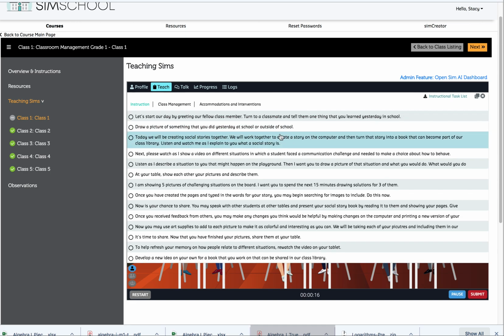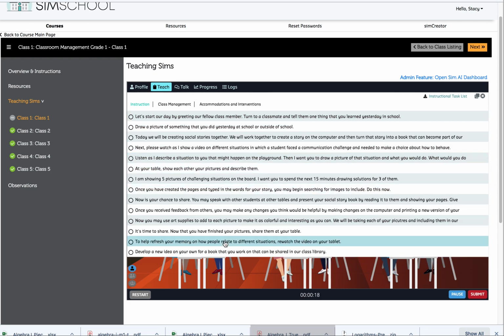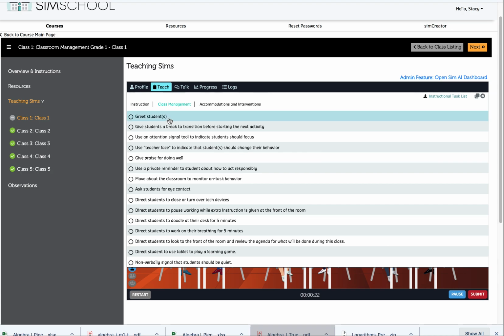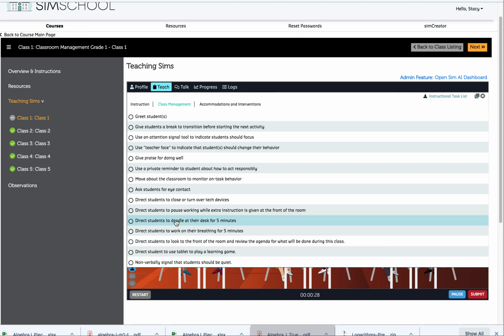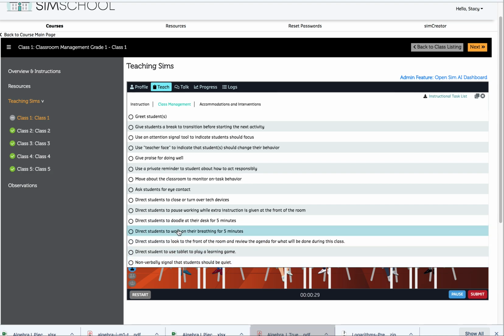Now we recommend don't necessarily jump right into the lesson plan. When you start your own class in the real classroom, you'd usually greet your students first, or maybe give them a time to do a self-regulation task like doodling at their desk or working on their breathing. Tasks like this work really well for students of any age, and they are things that you're going to be observed on, whether or not you give students time to transition before activities,